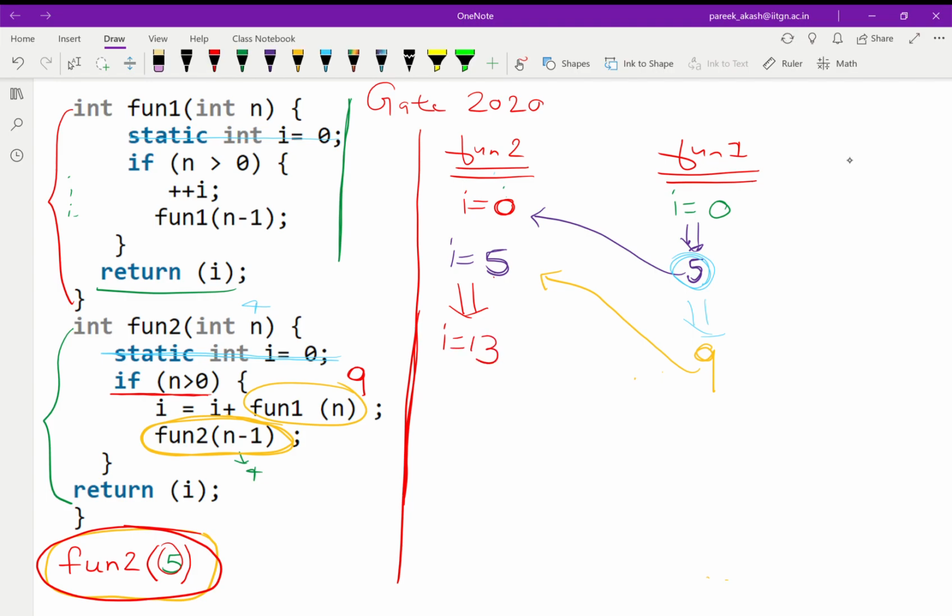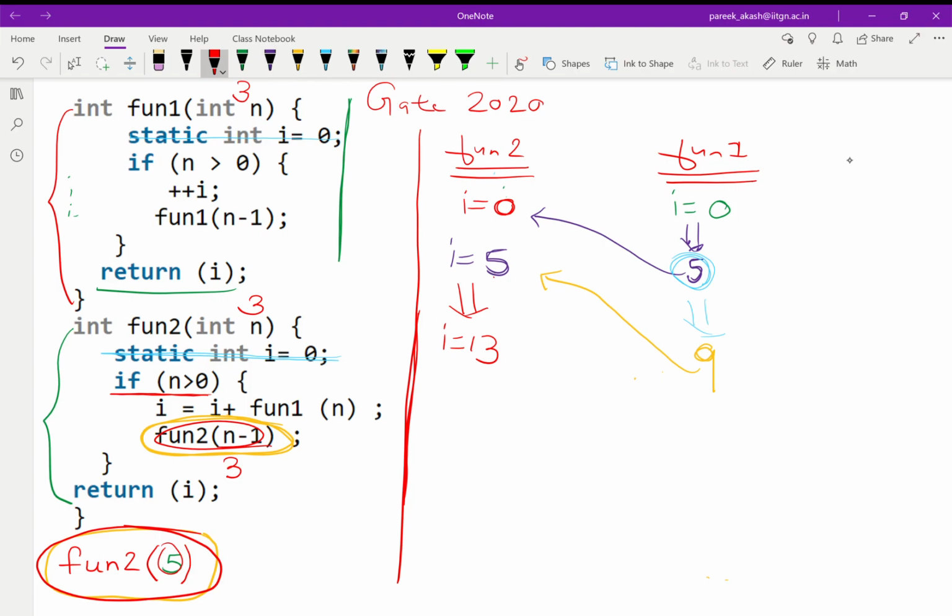And again it will call itself with 3. Function 2 will call itself with value 3. So again function 1 will be called with value 3, and now it will increment 3 times.